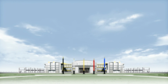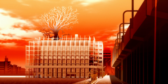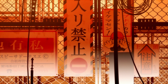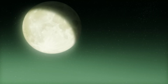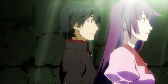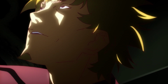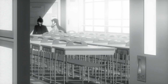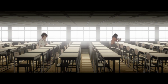In Bakemonogatari, many buildings like Araragi's high school, Senjougahara's house, and the cram school where Oshino lives are depicted with uniform geometric shapes and vibrant primary colors like yellow, red, and green. These colors are then contrasted by lighter, duller shades and intense lighting, giving the scenes an ethereal look. The way desks are ominously placed and the singular focus on one subject emphasize the alienation often felt in academia,